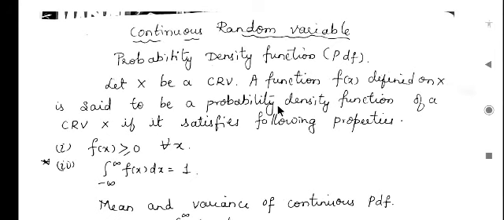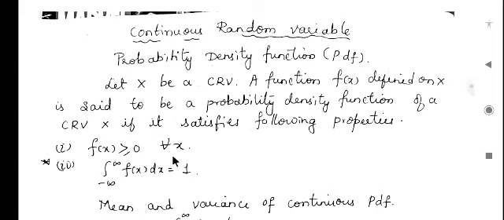Students, today we'll see the probability function connected to continuous random variable. Suppose we have x as a continuous random variable and a function f of x defined on x. So this function is said to be a probability density function of a continuous random variable x if it satisfies the following properties. So the first one is f of x should be greater than or equal to 0 for